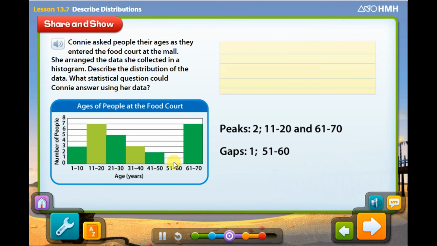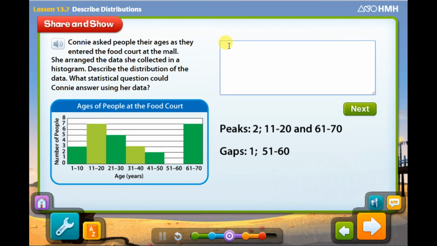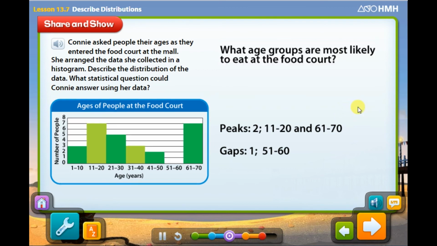There are many statistical questions Connie could ask about her data. Can you think of one and type it into the box? Yes, I can think about, for example, how many people from ages 41 to 50 visit the food court? Next, Connie could ask what age groups are most likely to eat at the food court, or what